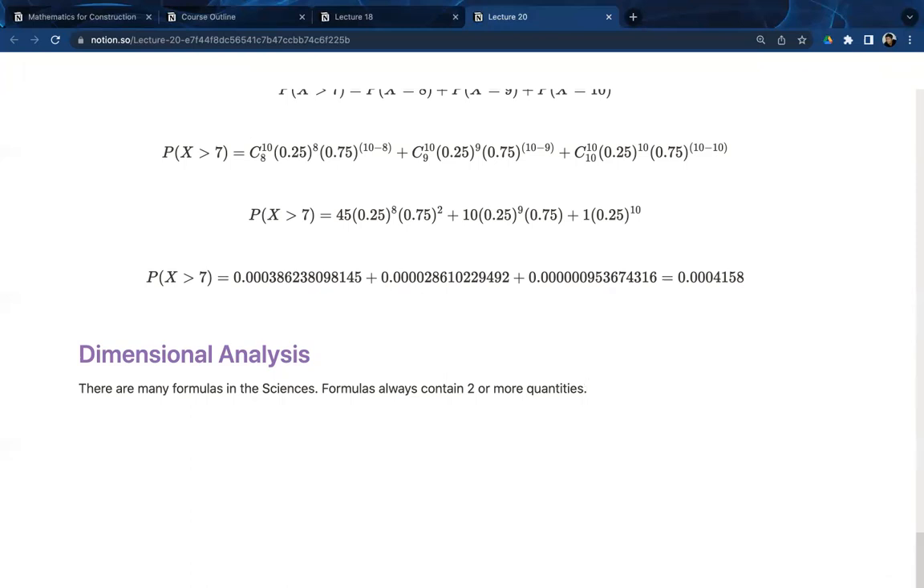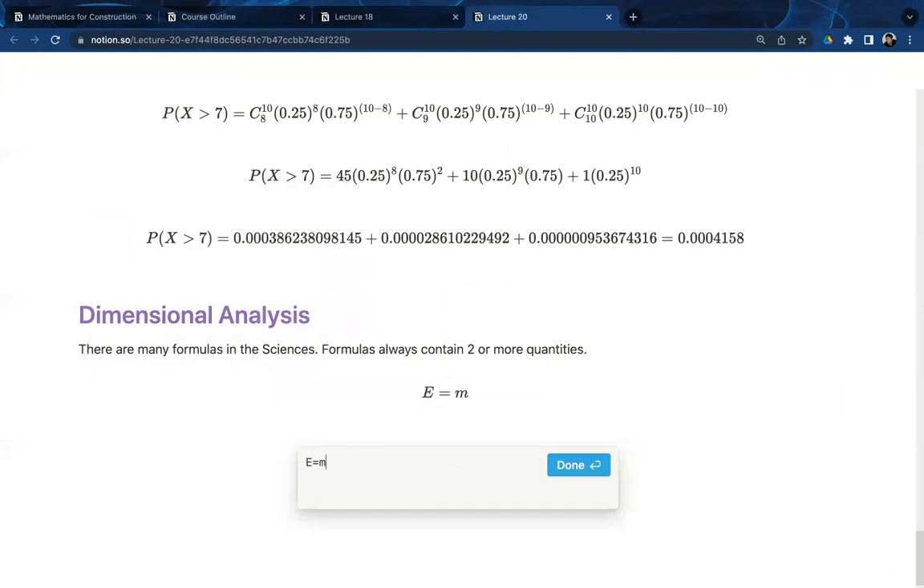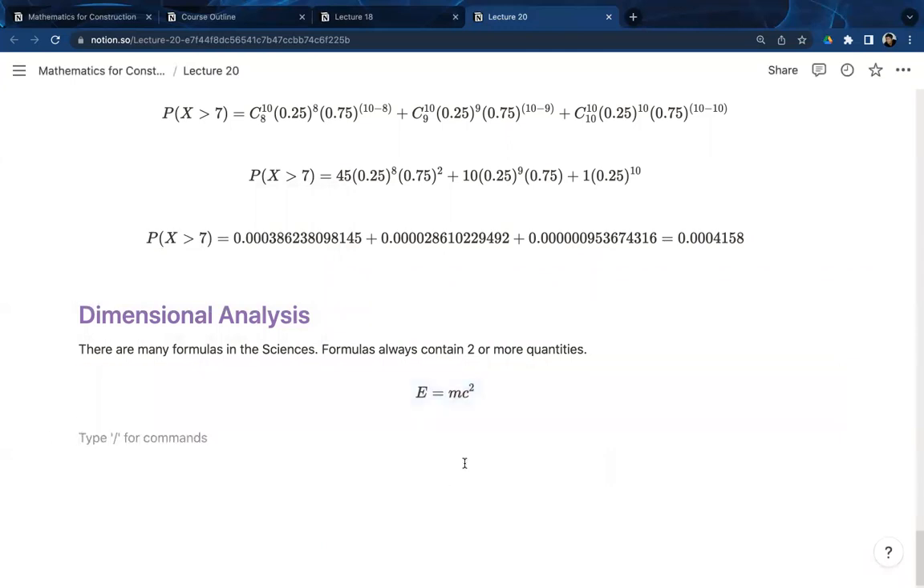So you might know Einstein has a famous formula in physics, right? E equals mc squared. There's a formula, right? The energy given off when a mass undergoes nuclear fission, or converts its mass to energy, is m times the speed of light squared. This is a very simple formula. It's going to have at least two quantities, right? Now these quantities, each